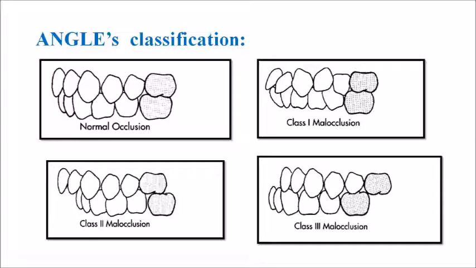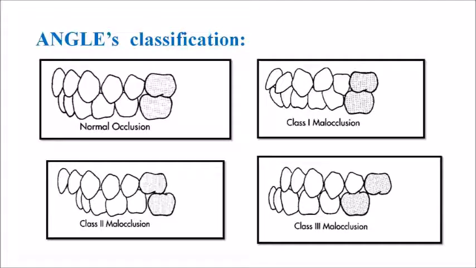Now coming to the classification of malocclusion. Based on the deviations from this normal occlusion, Angle has described three classes of malocclusion. Class 1 is when there is a normal relationship of the molars. Please look at the picture, where you can see that the relationship of the molars is ideal. That is, the mesiobuccal cusp is occluding in the buccal groove of the lower molar. But the line of occlusion will be incorrect. It can be either due to malposed teeth, rotations or other causes. The line of occlusion will not be a smooth catenary curve as we have seen previously, but the molar relationship will be normal.